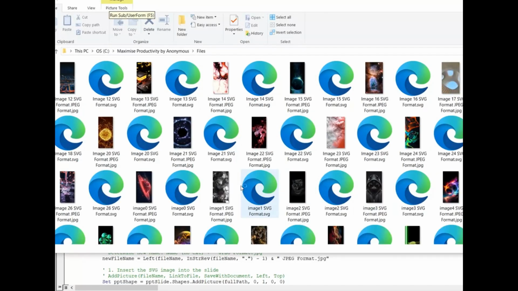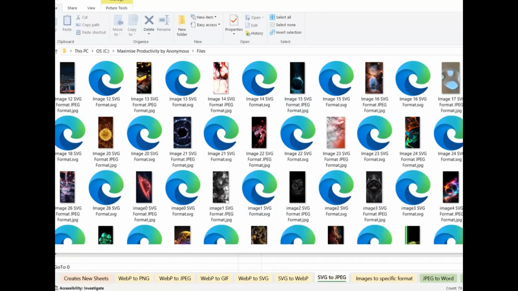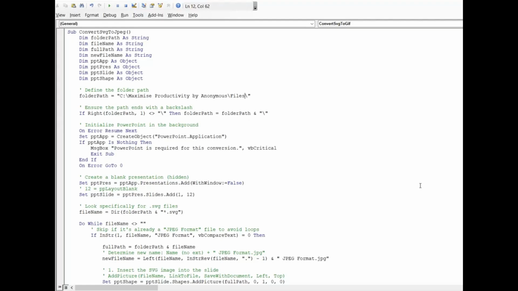What it does, the code will automatically look in the file path stated and will convert all SVG images into